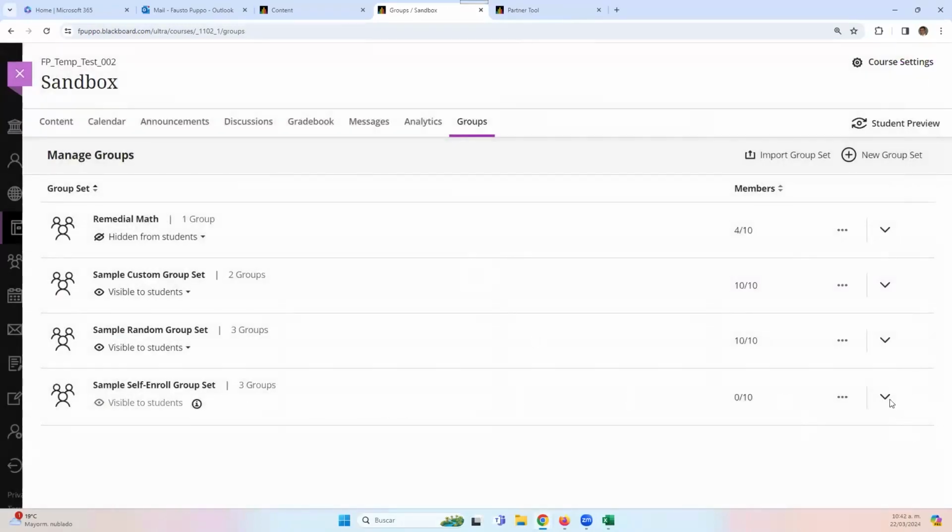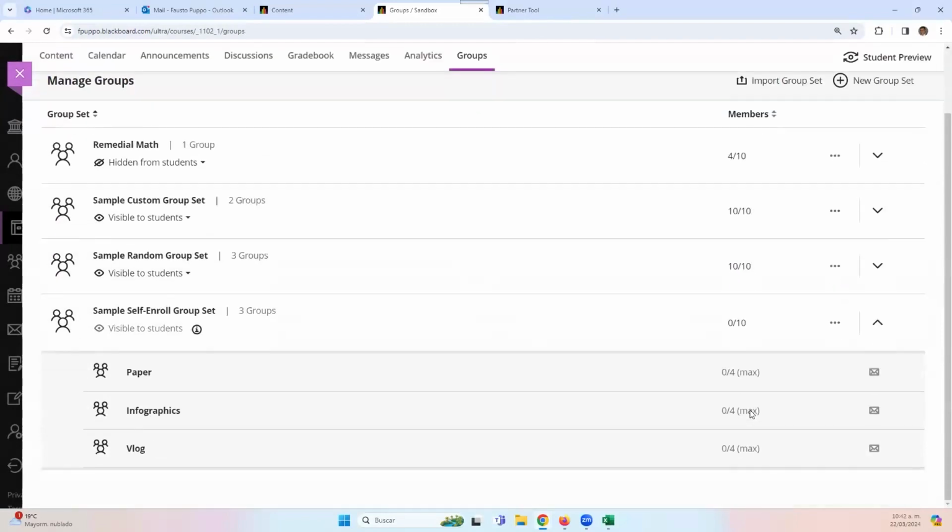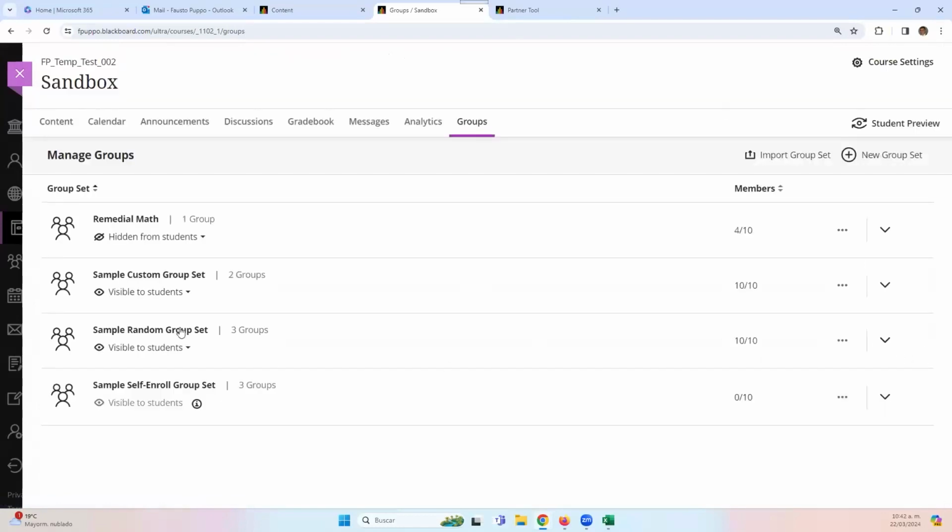No people have been enrolled yet, as you can see. This is very simplified for the sake of time, but I'm sure you get the idea. Same topic, more or less same activity, three different artifacts. So students, personally, I would probably go for the infographics because I'm highly visual, or maybe for the vlog if I have time. So now, all you need to do is